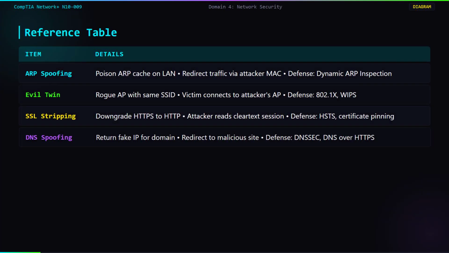ARP spoofing: poison the ARP cache on the LAN. Redirect traffic via the attacker's MAC. Defense: dynamic ARP inspection. Evil twin: rogue AP with the same SSID. Victim connects to the attacker's AP. Defense: